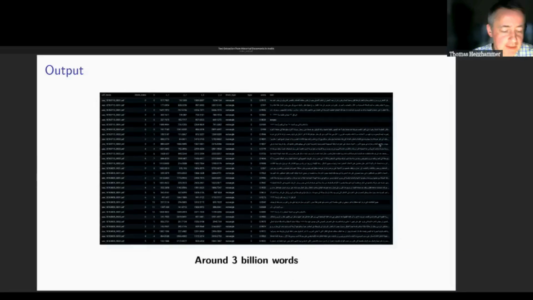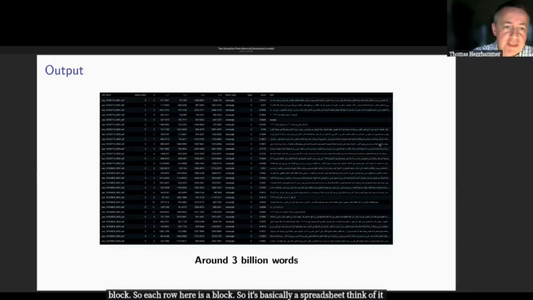So what do we get out of all this? We get the plain text, as well as the location on the page of each bit. This is just a tiny little piece of the data frame that we have. As I said, we'll have around 30 million blocks. Each row here is a block, so it's basically a spreadsheet with 30 million rows, and one of the columns will have the plain text of the block in question, and it all adds up to